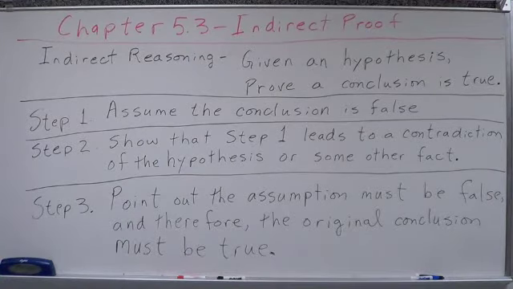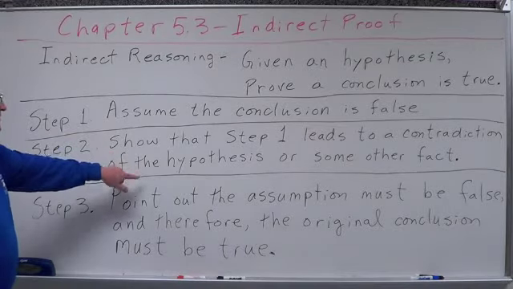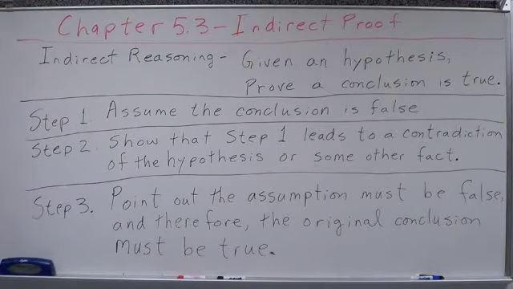Well, the hypothesis is given to you. You don't have a choice on whether or not that's true. So if we can show that the conclusion contradicts what the hypothesis says, or what a definition, a postulate, or a theorem says, then